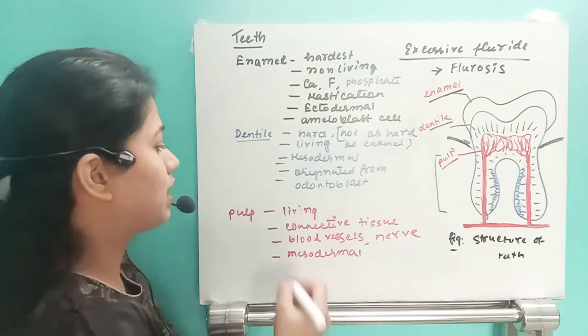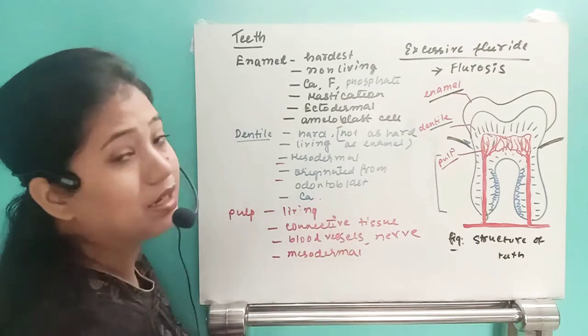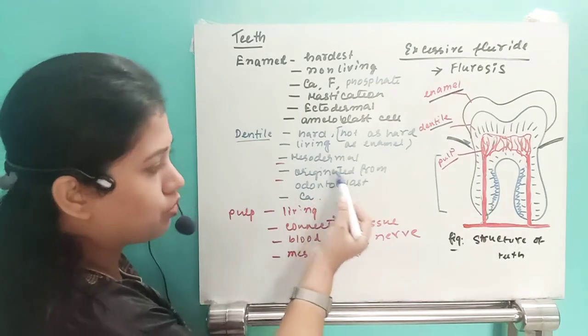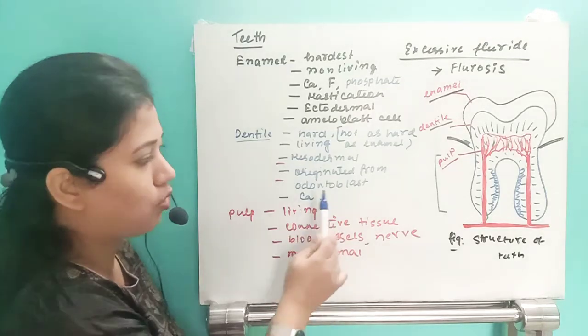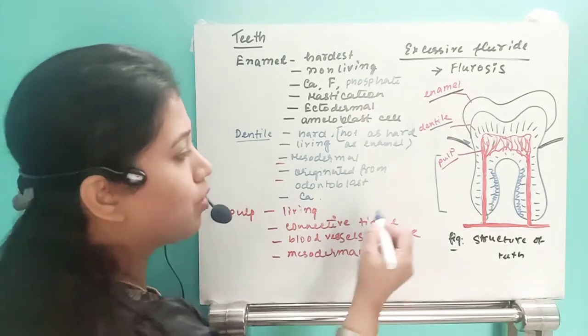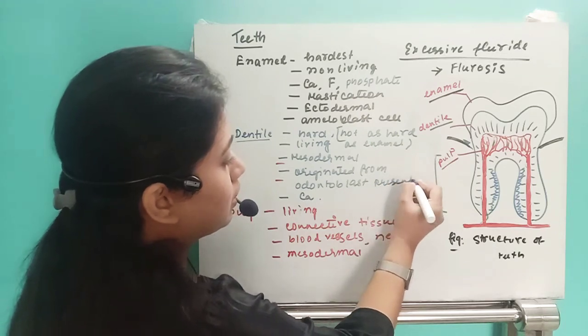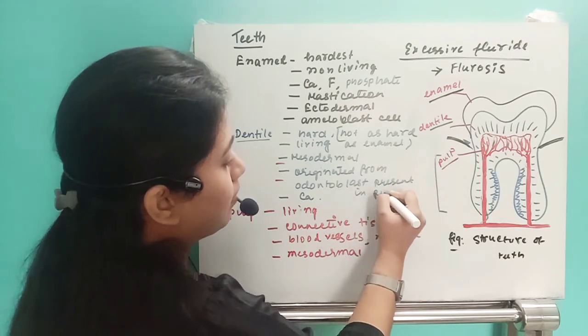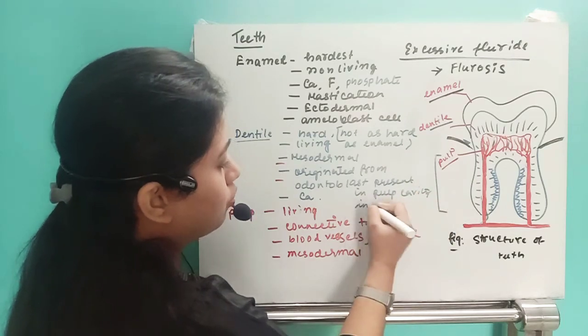Otherwise, in the dentine, we also have calcium. Next, it is originated mesodermally from one cell, that is called the odontoblast cell. The odontoblast cells are present in the pulp cavity in the root region,